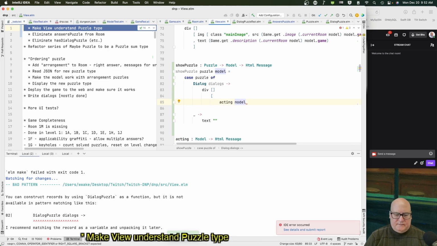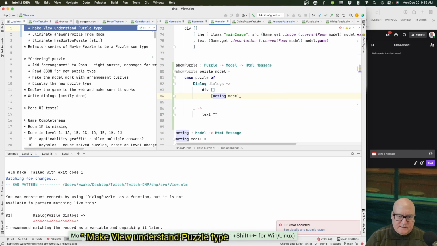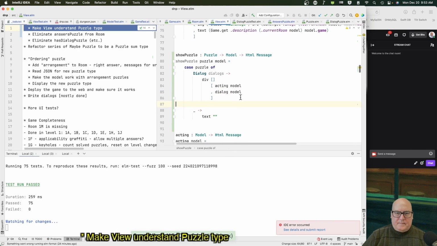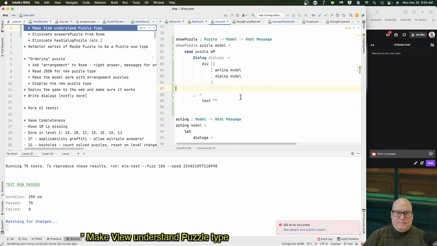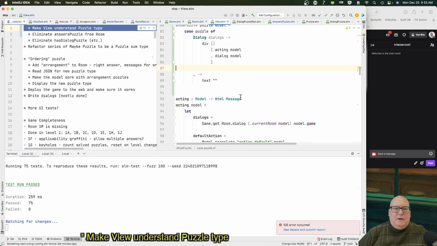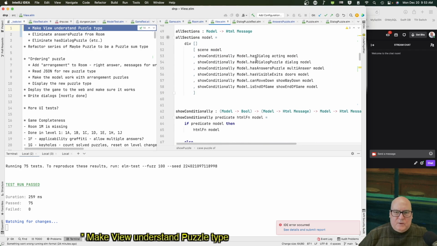Acting of model. Let's see, it's more like this, I think. I guess I can let the formatter do it. Dialog of model. Okay. All right. So instead of showing one after the other in this div, I'm putting them in their own div,